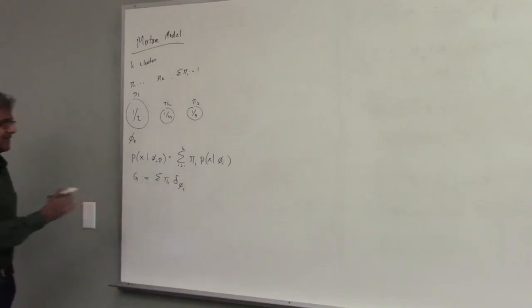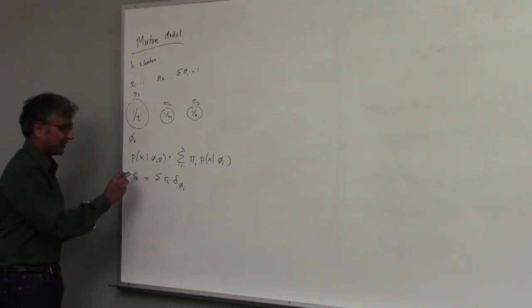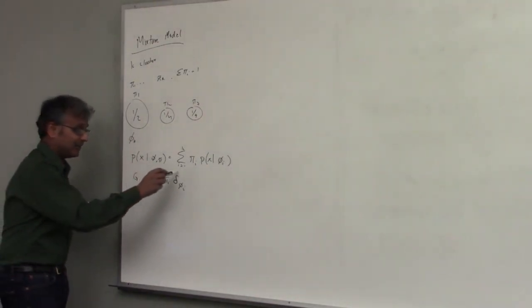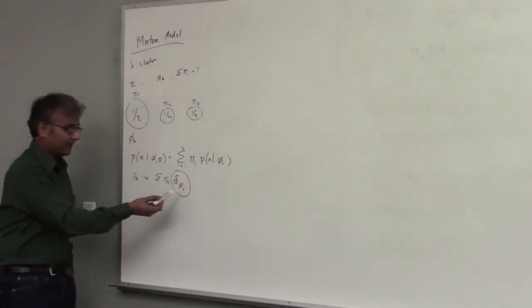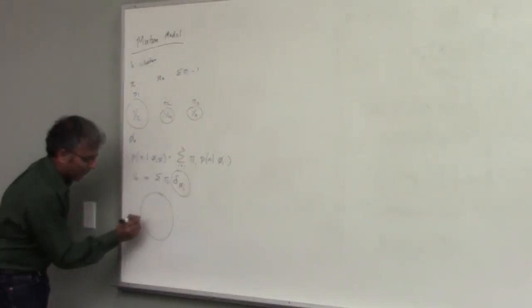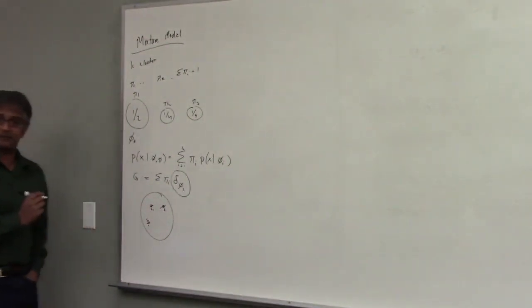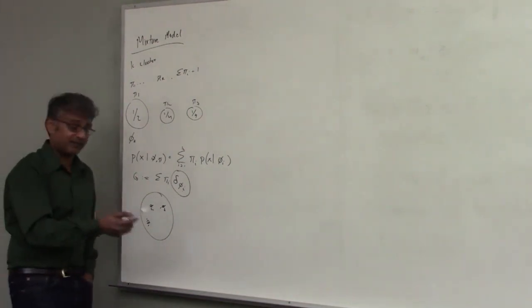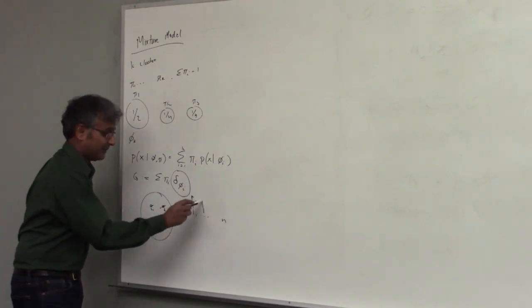And the reason I want to say this is that rather than just reasoning about distributions over the reals, I want to be able to talk about distributions over distributions. So the first step in doing that is to express my sampling distribution P in terms of entities that are distributions themselves. So this quantity here, think of it as a spike. Think of the space of all distributions, phi i. And then there's one spike at phi 1, one spike at phi 2, and one spike at phi 3. And again, if you were just sampling from 3 points, if I had the numbers 1 to n, I could think of it as having delta functions in each of them.